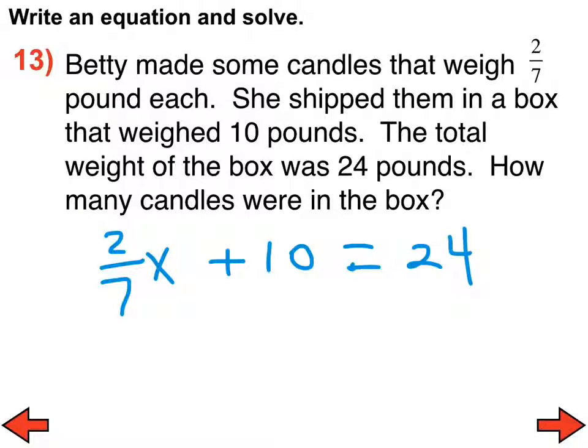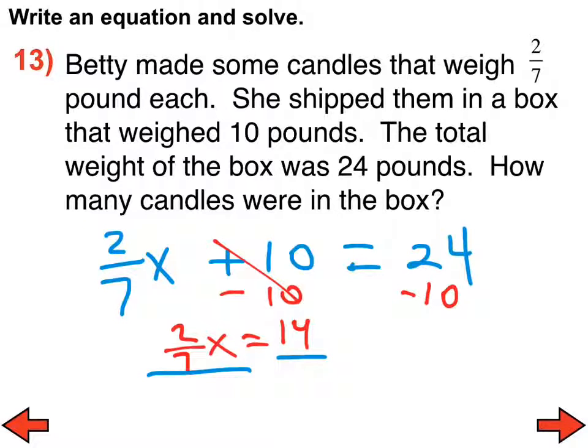Ashley, what's the first step? First step would be subtract 10 from both sides. And what are you left with? You're left with 14. Hunter, what's the next step? We subtracted 10. That's all we've done. Divide 2. And